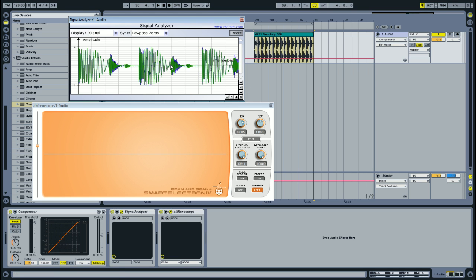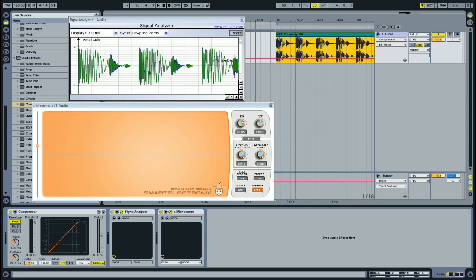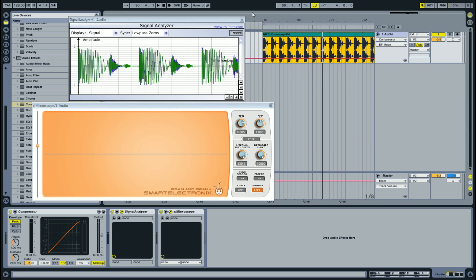So we have our two hi-hats here, with different amplitude, and our kick, with a fast attack here, and then the decay of our sine wave or whatever it's made out of. And you can see that here, right? So what we're going to do is I'm going to bring down the threshold, and you will see